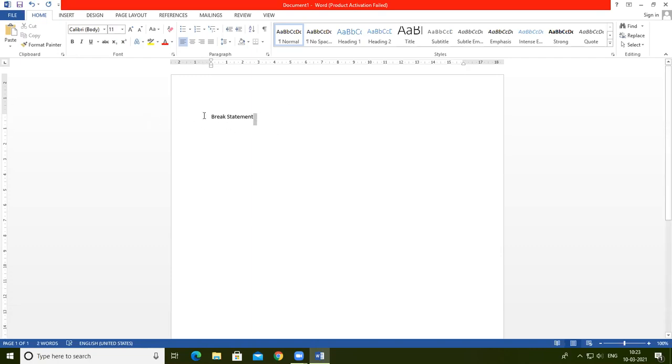So first of all, see how this break statement is used. In loops, we studied in the last lecture the while loop, do while loop, and for loop. We assign the values here. Suppose I assign the condition i is less than or equal to 10, then that loop is executed 10 times. And when I give this break statement, suppose I want to break that loop after it is executed 5 times.